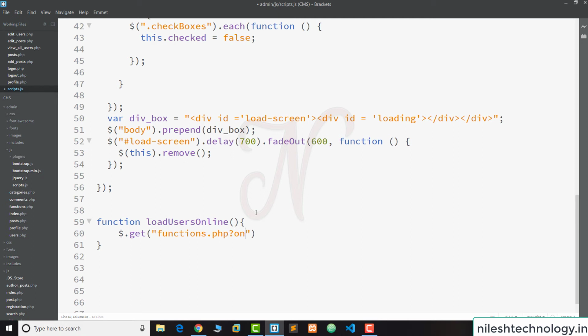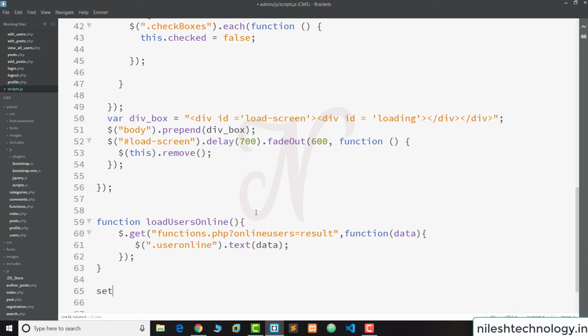Then we pass online users equal to result, comma, this is my function to get the data. Here $(".users_online").text(data). So this is my function.